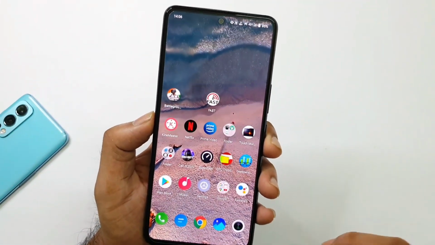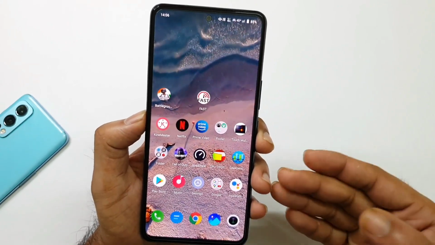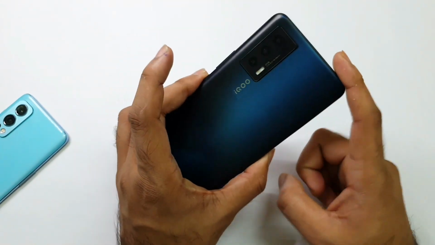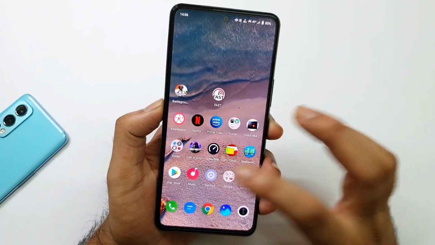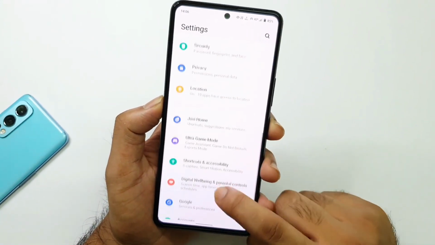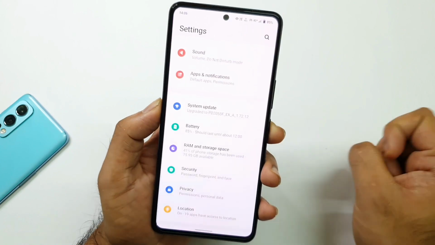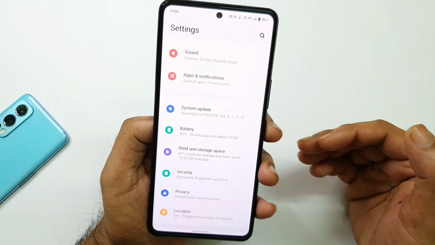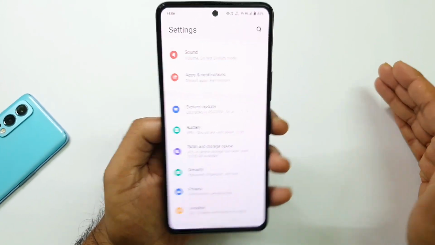In today's video, I'll talk about one of the features which got added to the mobile hotspot in this IQ7 device after the recent software update. Yes friends, just a couple of days back I received the software update, which is 1.72.12, as you can see friends. After this software update I did see a couple of changes in this phone, but in this video I'll